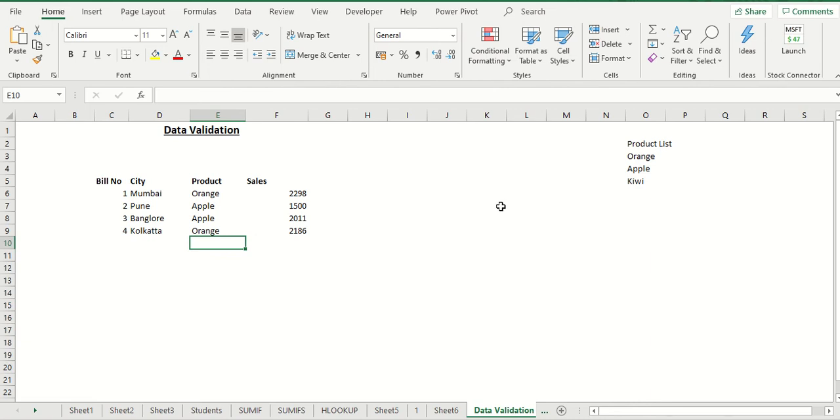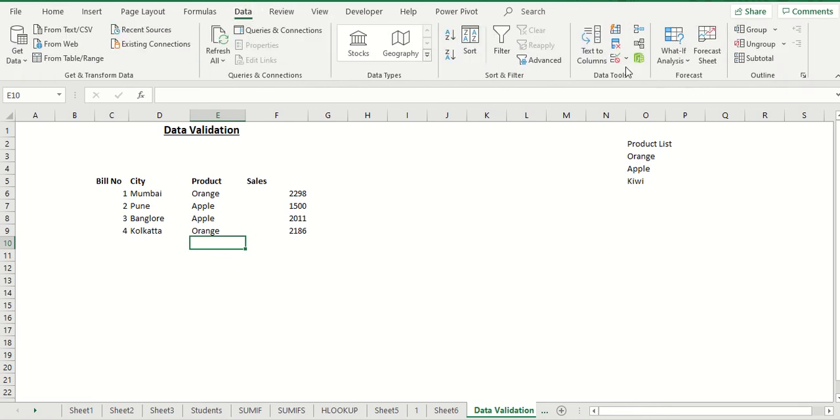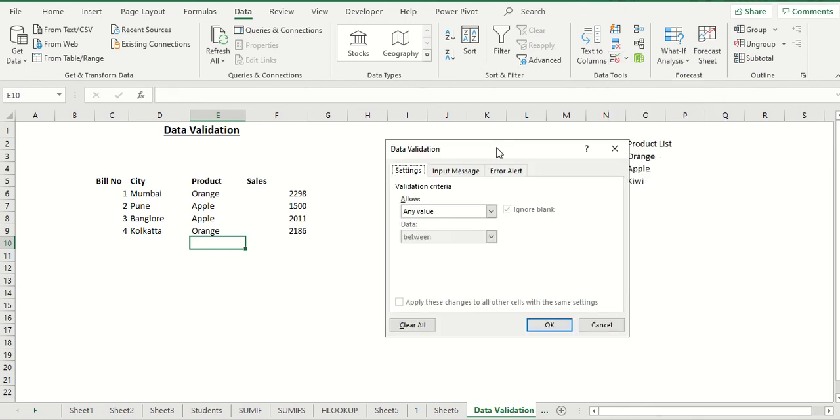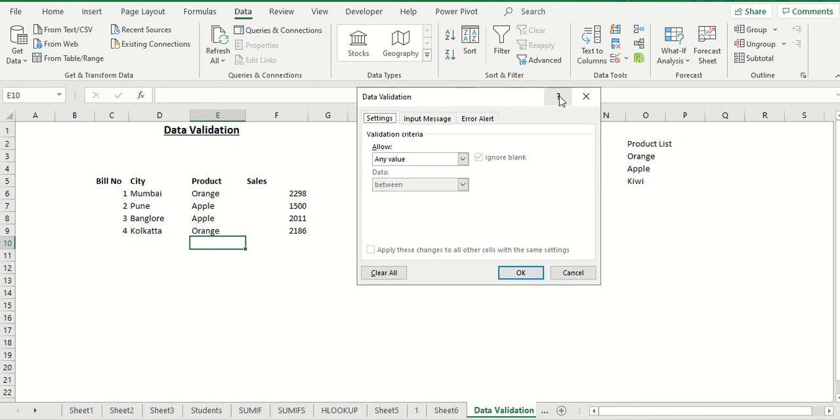or stop that error. So you can insert a data validation in a particular cell by going to Data. Here in Data Tools you have Data Validation. Click on it. Now this data validation gives you many options. Any value means you can allow any value. A whole number, maybe a decimal, range between decimal points, or a list, which we will be showing now. If it's a date, then whether you want to restrict the entry of a date between any period, time, or text length or any other thing.